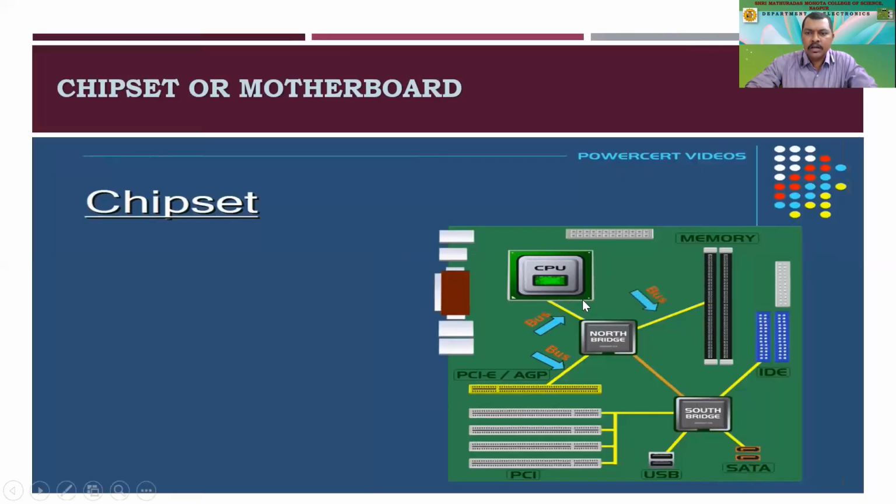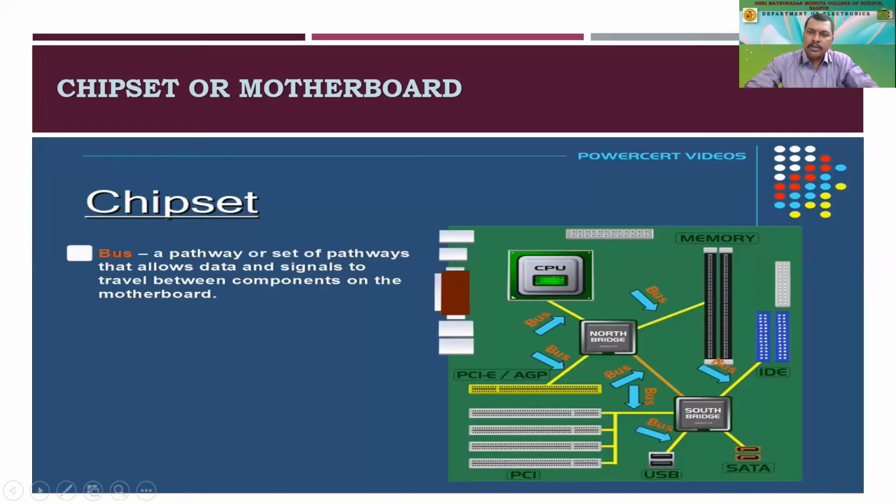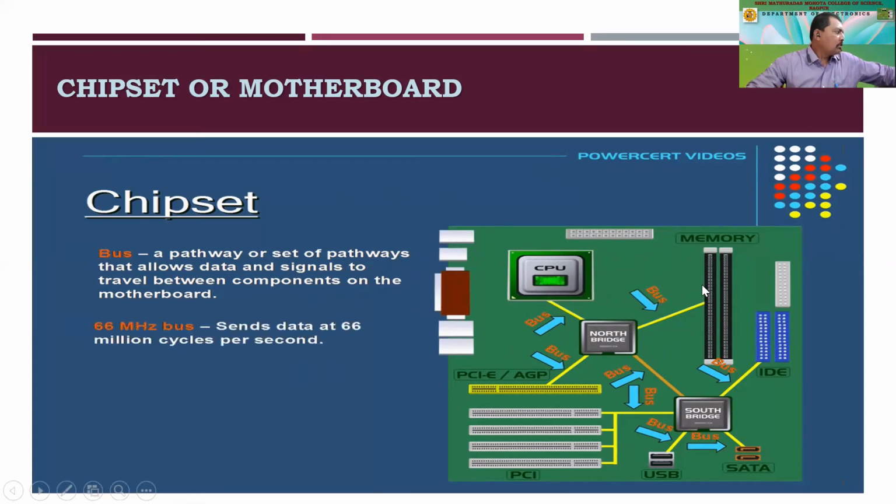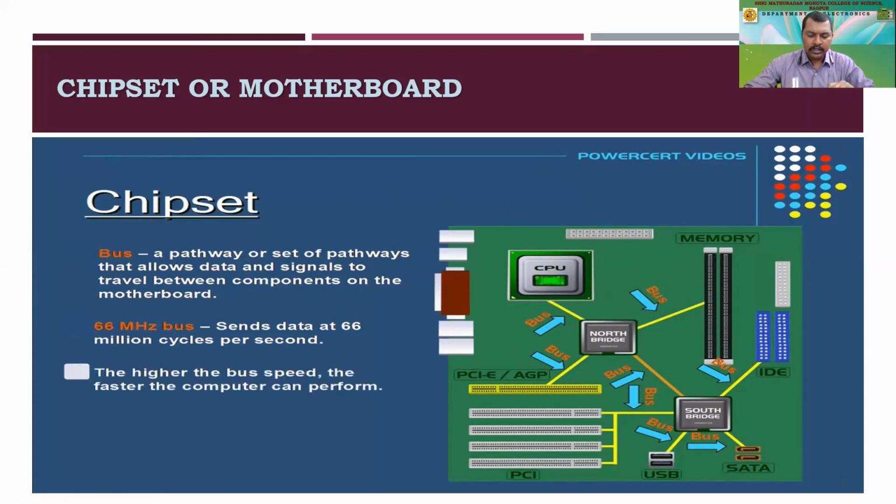So this is a chipset that I have showed you yesterday. This is how the motherboard looks like in the computer. Actually, this is too advanced as far as your syllabus is concerned, but I need to tell you how it looks like. This is the bus, which is supposed to be an 8-bit wire, and these are the slots where we are supposed to put the memory. I have that memory also with me, so that I can show you. So these are the RAMs that we are expecting to connect in those slots.